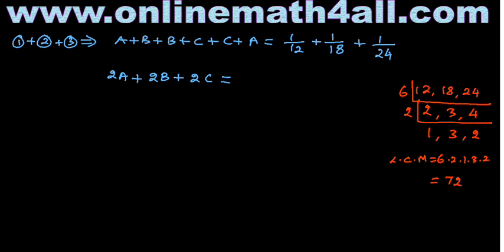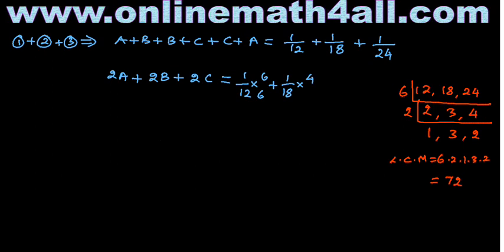So LCM is equal to 72. On the right side of the equation we have three fractions. In each fraction we have to make the denominator 72 by multiplying by some value. So I'm going to take the first fraction, 1 over 12. In the first fraction I'm going to multiply by 6 at both numerator and denominator, so then only the denominator will become 72. And in the second fraction I'm going to multiply by